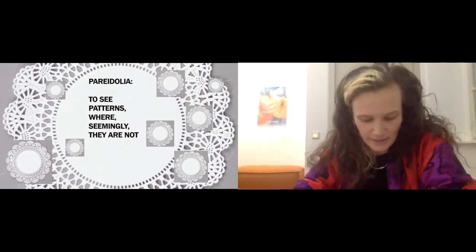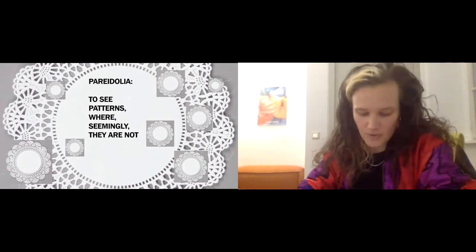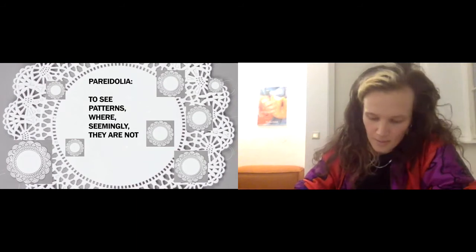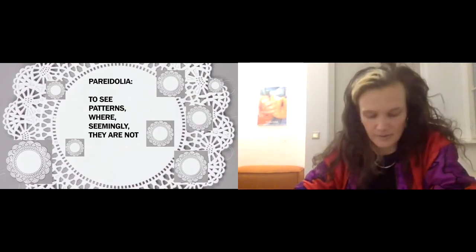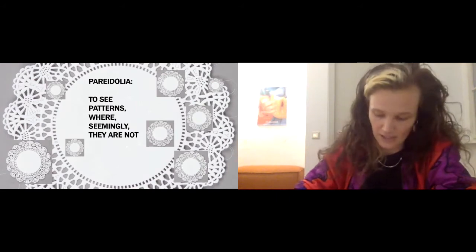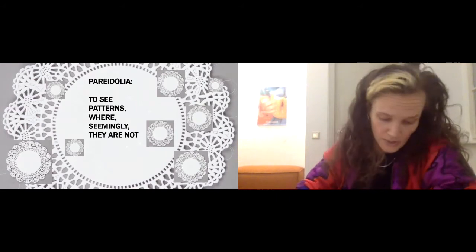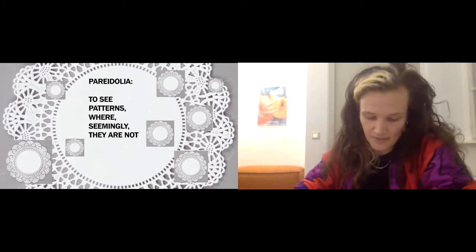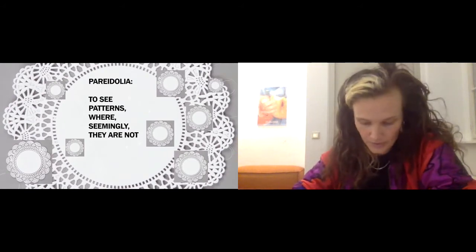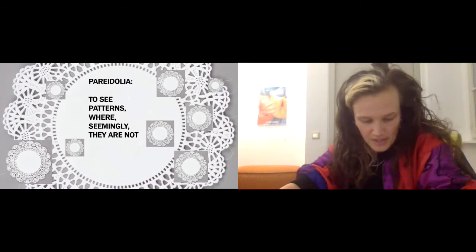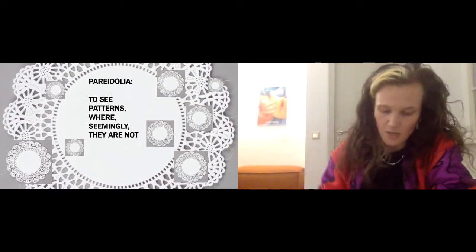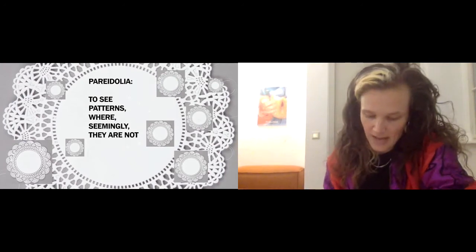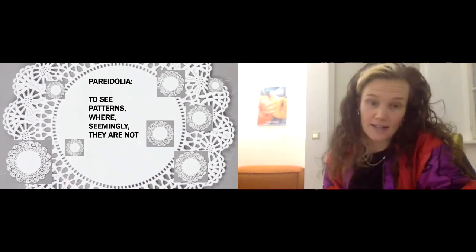My cognitive linking of the word pareidolia to the object doily is an example that appears to contradict Saussure's conception of the non-motivatedness of the signifier-signified relation, i.e. the relation between the word pareidolia and the concept that it denotes as an arbitrary one, and rather affirms Jakobson's poetic function, which, in his words, projects the principle of equivalence from the axis of selection into the axis of combination.